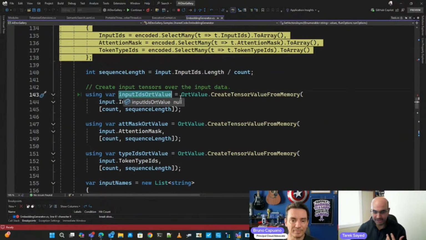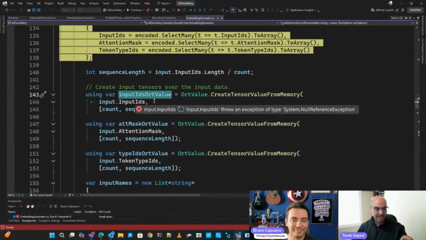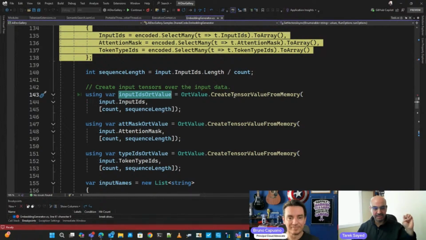ORT is ONNX Runtime. So it's using the IDs that get generated from the tokenizer to create a tensor for these numbers.